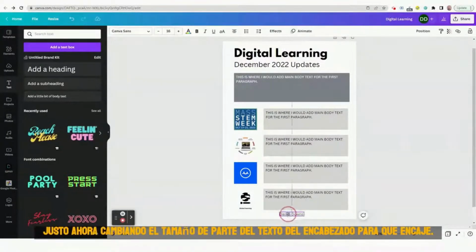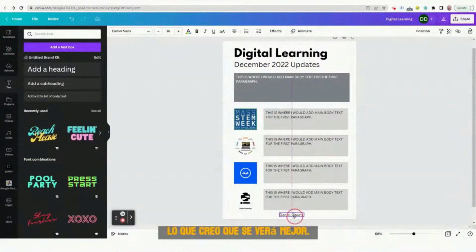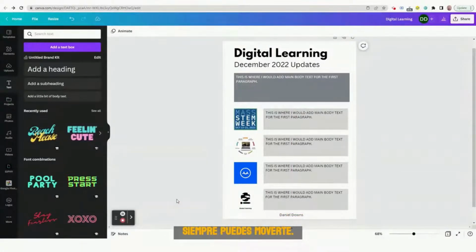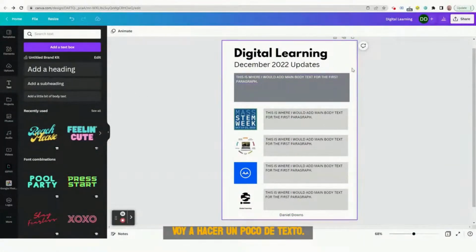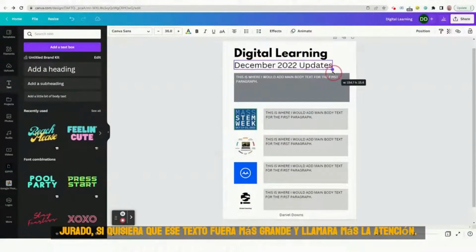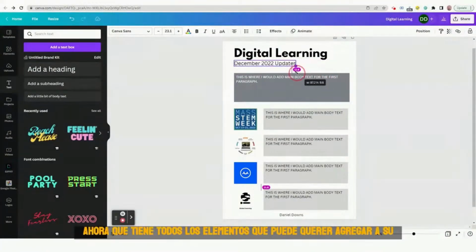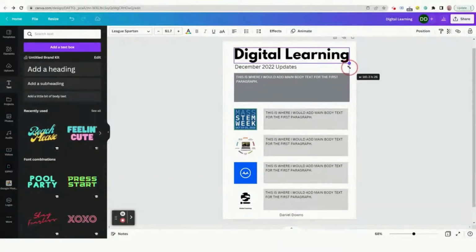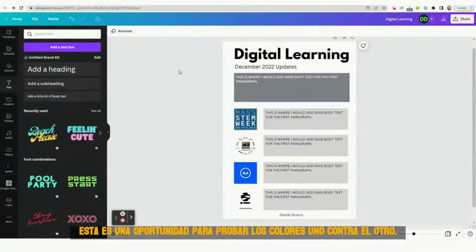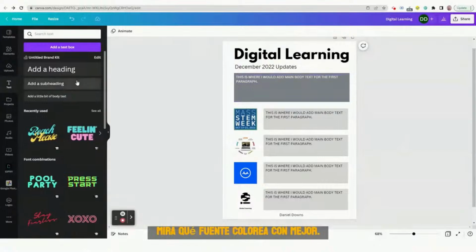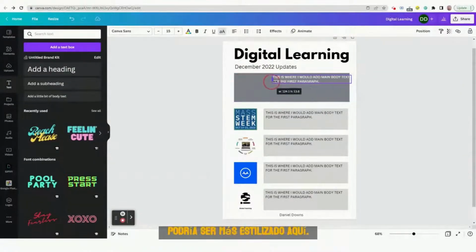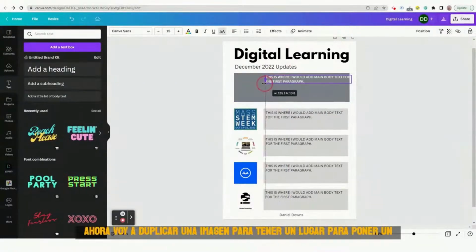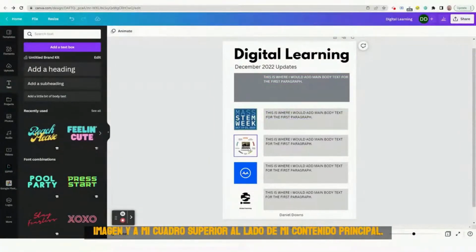I'm just now resizing some of the header text to kind of fit what I think will look best. You always can move it around, see how it feels. Make some text larger if you wanted that text to be larger and draw more attention. Now that you have all the elements that you may want to add to your design, this is a chance to test the colors against each other, look at what font colors look better, what might be more stylized. Here I'm going to now duplicate an image so that I have a spot to put an image into my top box